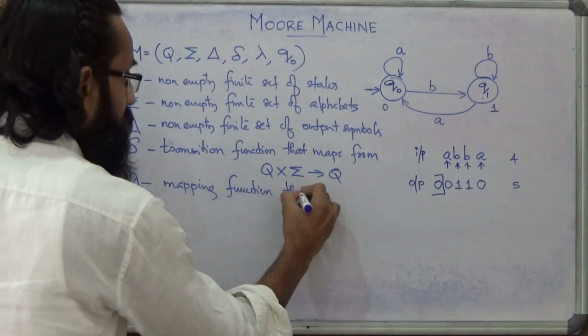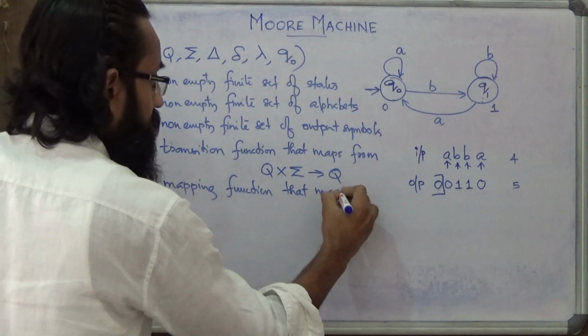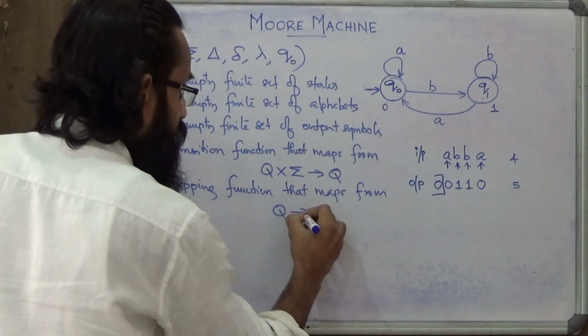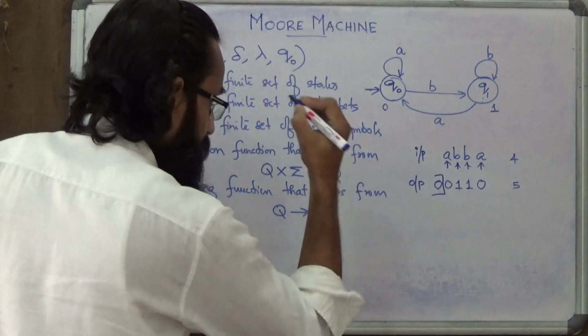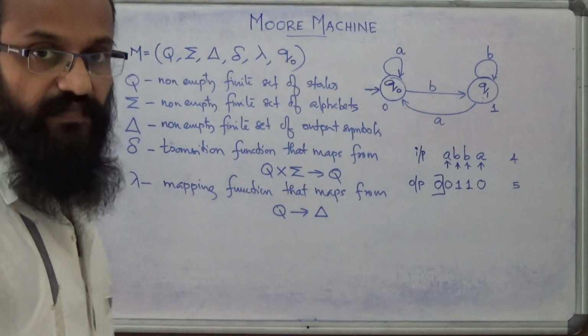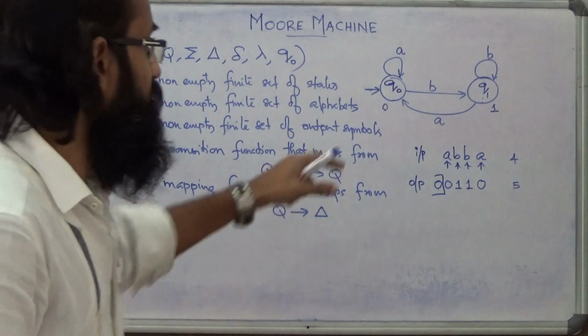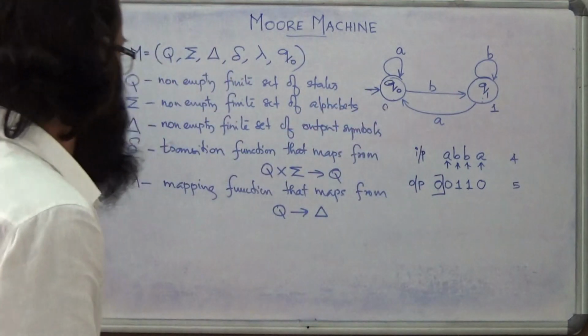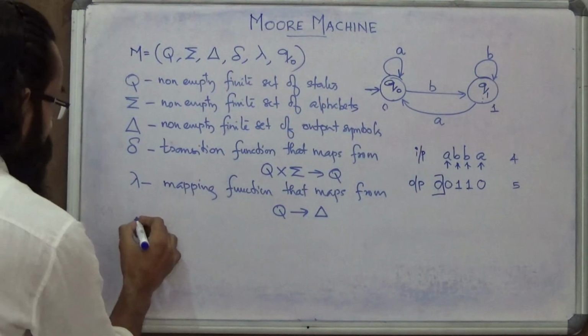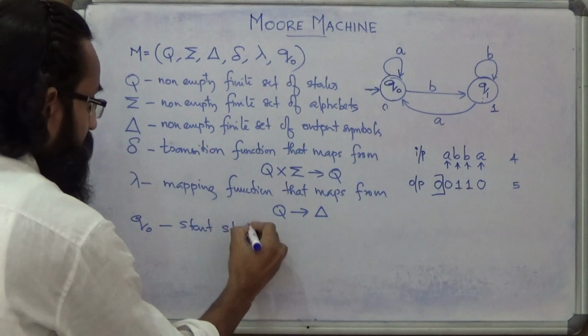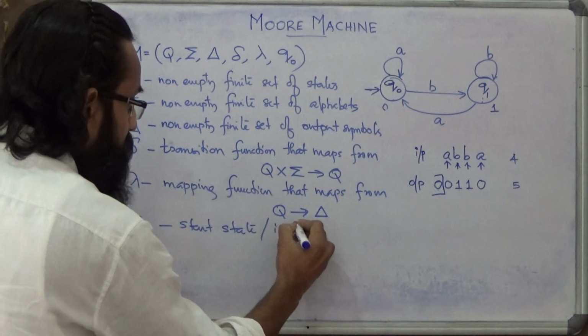Mapping function that maps from Q to delta. That is, lambda is the mapping function that maps state to output. Associated to each state there is an output symbol. And Q0 is the start state, or you can call it the